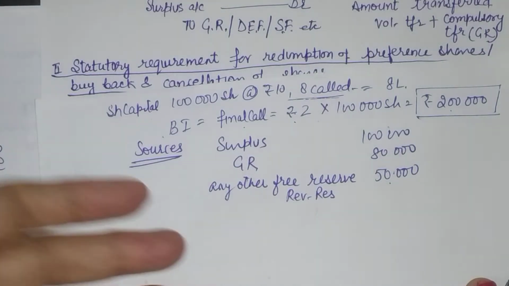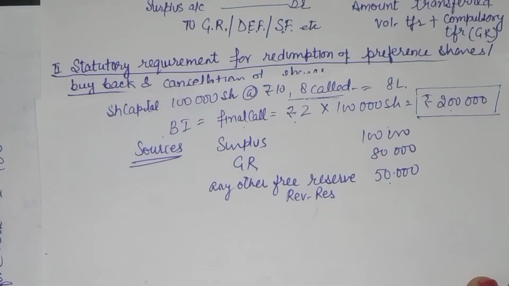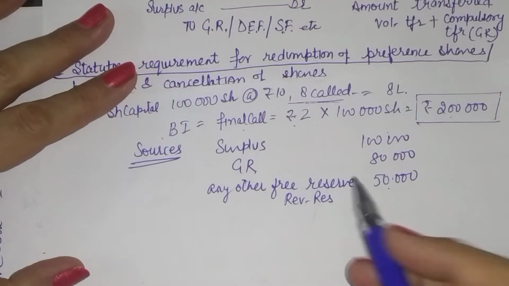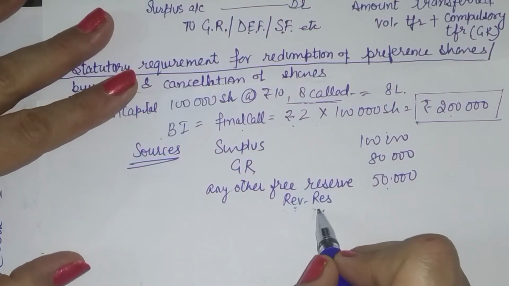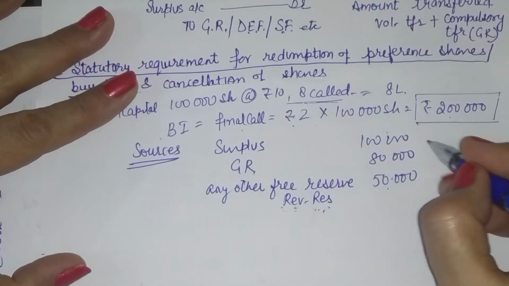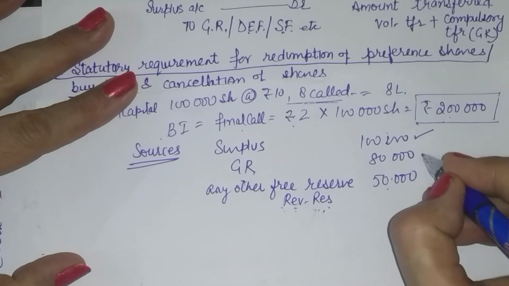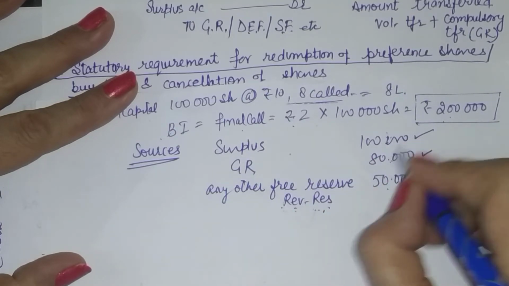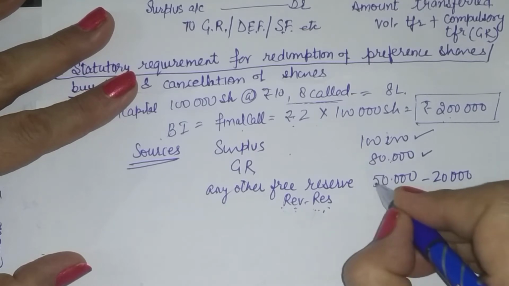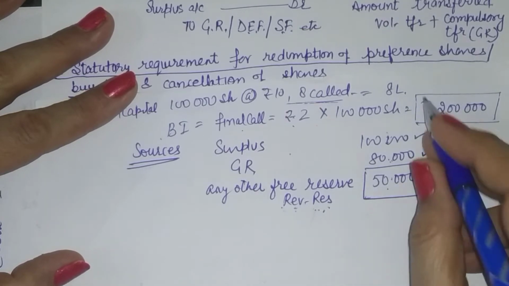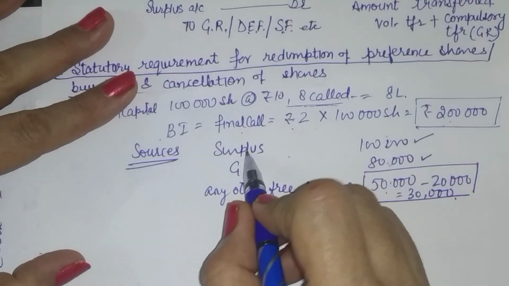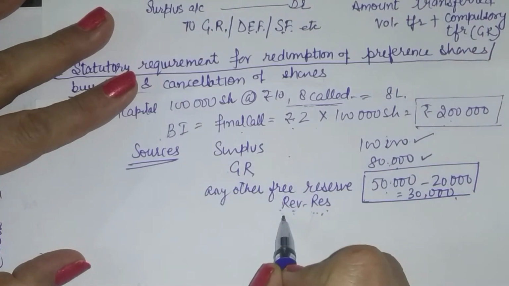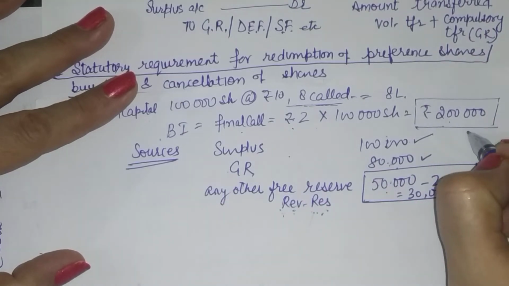So in what order can we use these reserves? It is up to the company. If nothing is given, you can follow any order. Suppose your question says that the company wants to utilize revenue reserve to the minimum possible extent. That means you want to retain balance in this. You want to use it only if the need be. So you will first use surplus. You will use 1 lakh here. Then you use general reserve. So 1,80,000 is met. So the remaining 20,000 will be met out of this revenue reserve. So even after giving bonus issue, you will be left with a balance of 30,000 here. So we can say that we used surplus 1 lakh, general reserve 80,000 and revenue reserve to the tune of 20,000. So sources are these three.